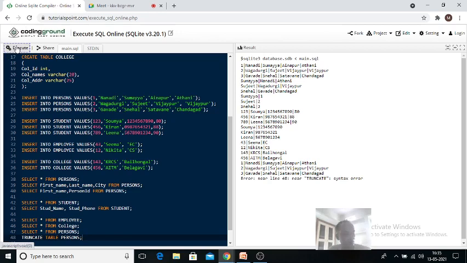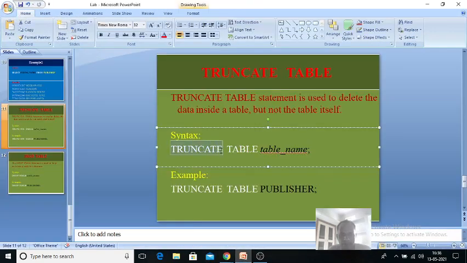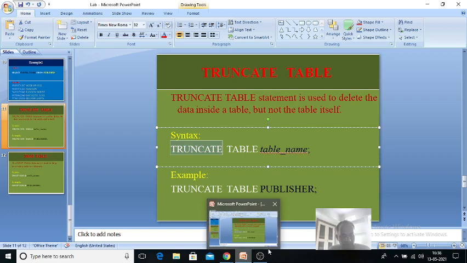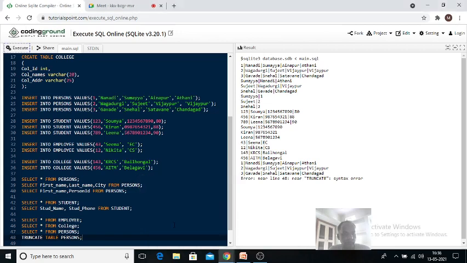See here, truncate, what is the spelling? Truncate table persons.